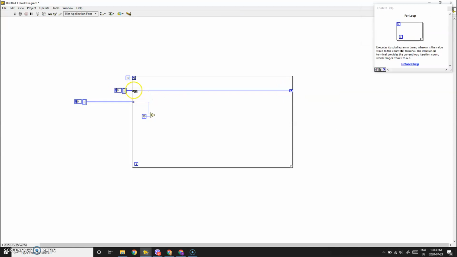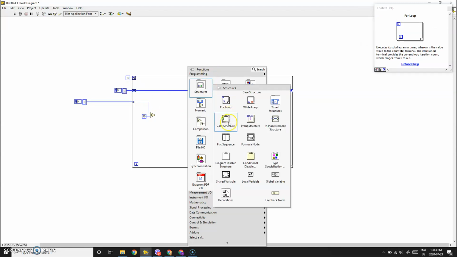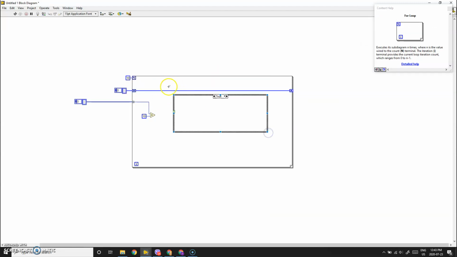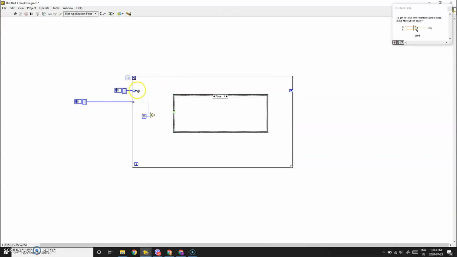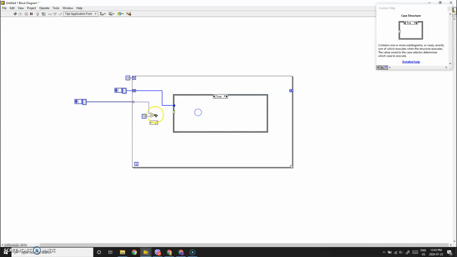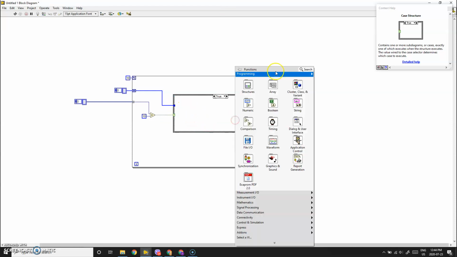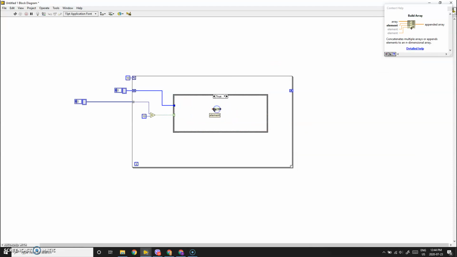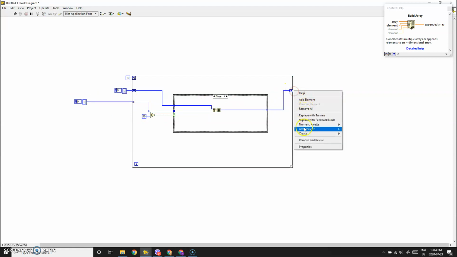Let's replace this with a shift register. And then let's actually delete this. Let's just keep this simple. Let's say that if the array element is greater than 10, we wire it to this case structure. And we say, let's build an array. On the first iteration, it'll be an empty array, but afterwards, whenever you encounter a condition that meets this condition, so the array element that you're feeding in is greater than 10, it will build your array by adding. And then here we can see